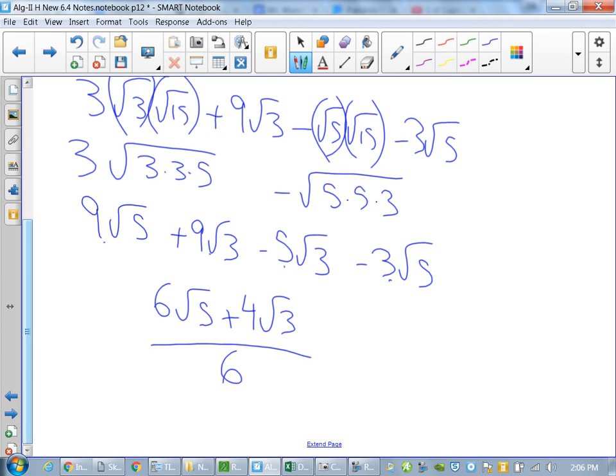Am I done? What do I have to do? Yeah, I have a GCF. See how all 3 of the constants are divisible by 2? You can factor out a 2. So your final answer here should be, if we cross our fingers